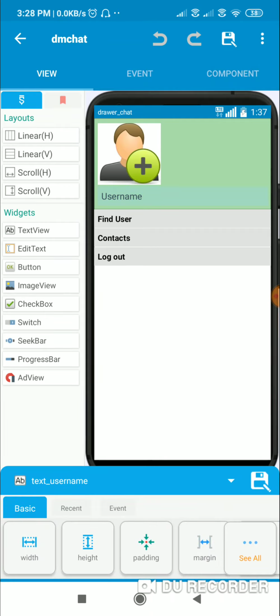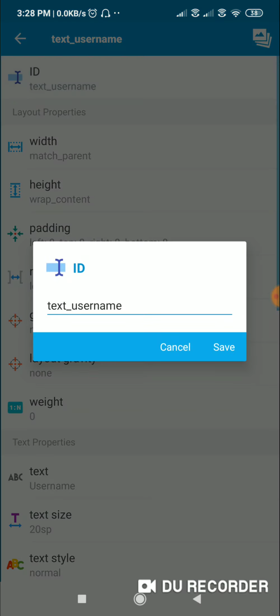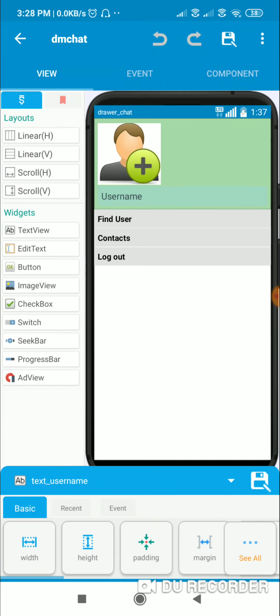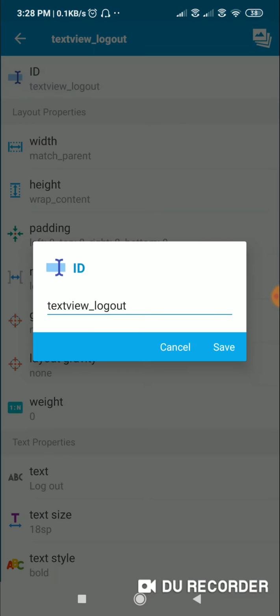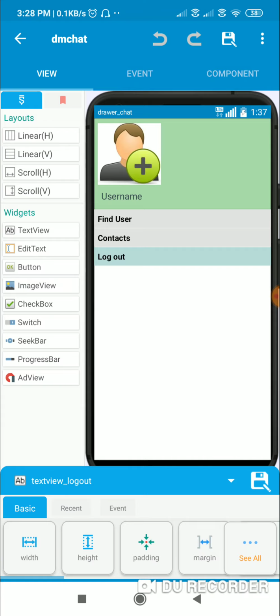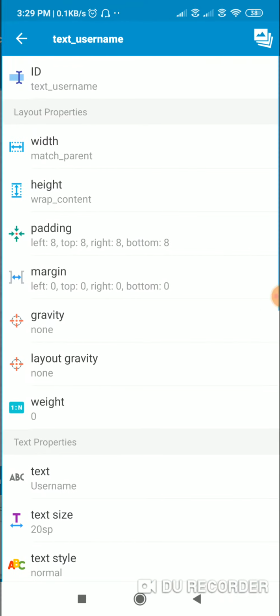Then it contains a text view with ID text_username, and it also contains a text view called text_view_logout. Remember the ID of this text view username is text_username.